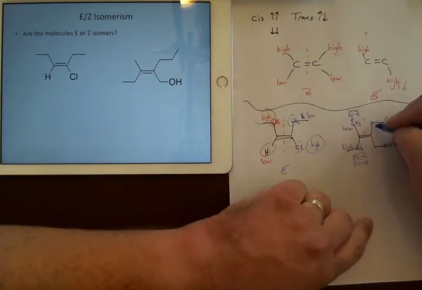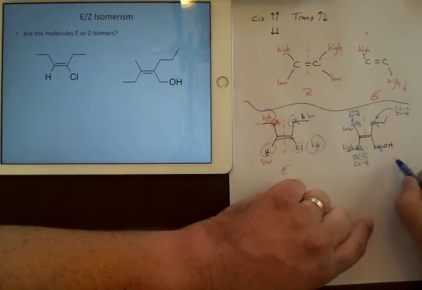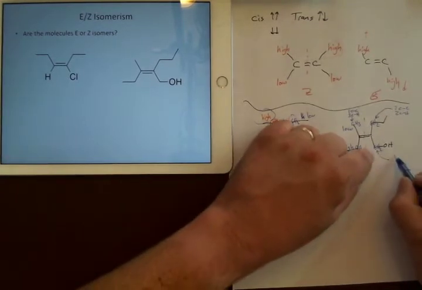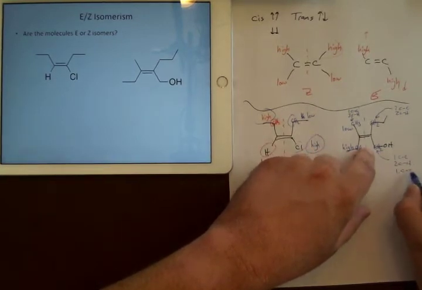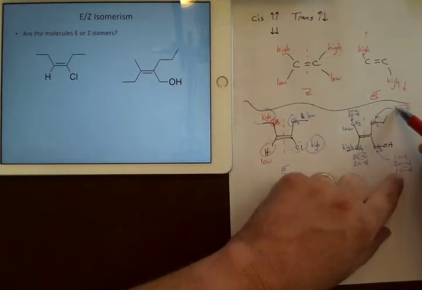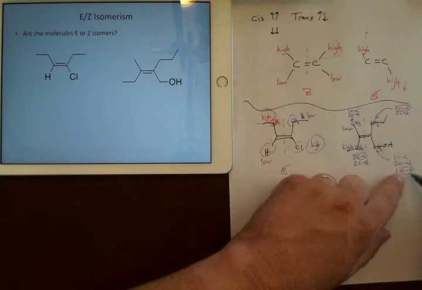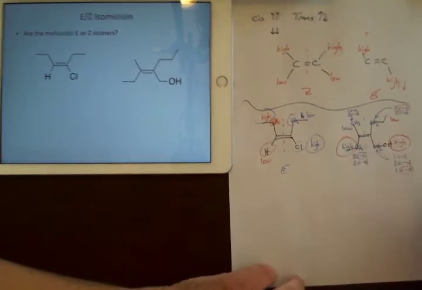On this side, again, you have carbons. This is a CH2. This is also a CH2. So if you look on this side, 2 carbon-carbon bonds, 2 carbon-hydrogen. That one there only has 1 carbon-carbon and 2 carbon-hydrogen, but it also has 1 carbon-oxygen bond. So you compare this one to that one. Even though this has 2 of it, that doesn't matter. You look at the heaviest bond, and so it's down here, so the high is here, low is up here. The highs are on the same side,